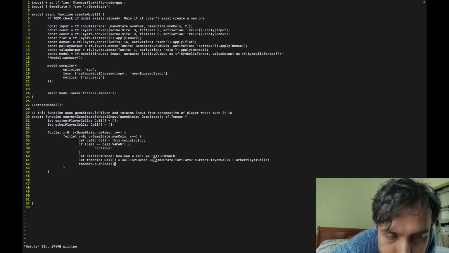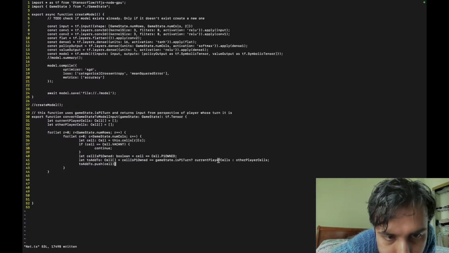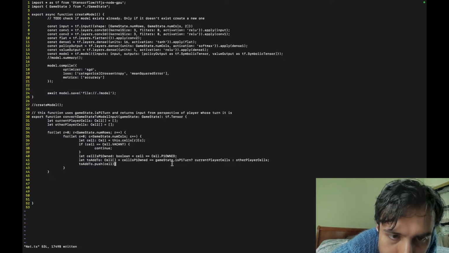Let's say this is false, right? That means it is player two's turn. Let's do false, false, right? So now it's player two's turn because this is false, and the cell is player two's cell, so it is the current player, player two, so we do it here. Now let's say this is true and that's false. That means it's player two's turn, and this cell is player one's. So this cell belongs to the person whose turn it's not.